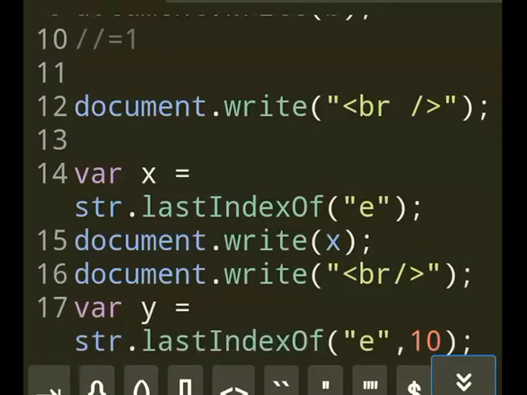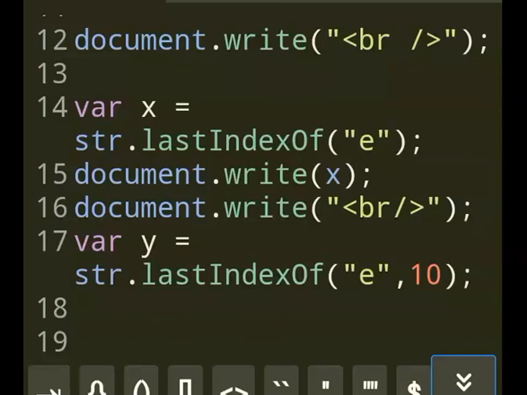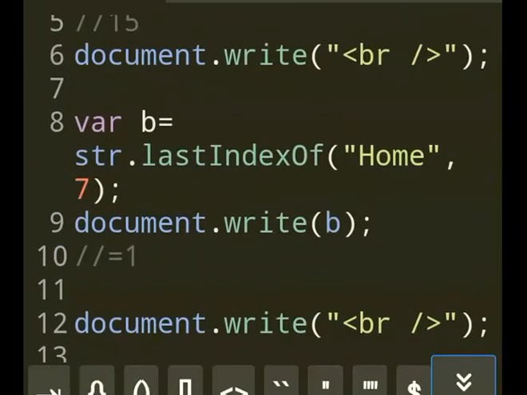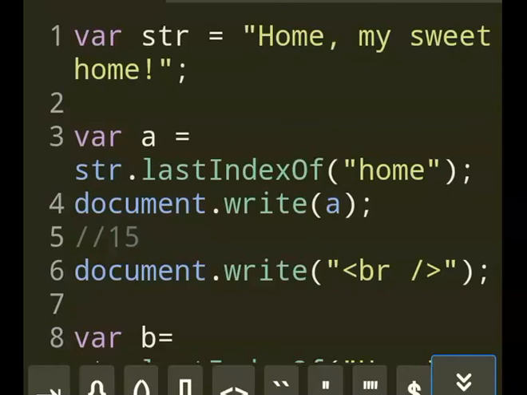Okay, now let's see. When you say position 10, let me explain here. As in the earlier example, I go to position 10 first. That's the first rule. When you see after the comma, the search position, you need to go to that particular search position first, and then work backwards. So position 10, starting from 0, capital H, 0, 1, 2, 3, 4, 5, 6, 7, 8, 9, 10. So W is position 10, then work backward.